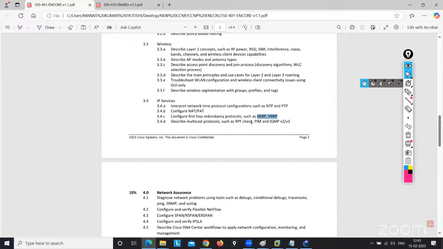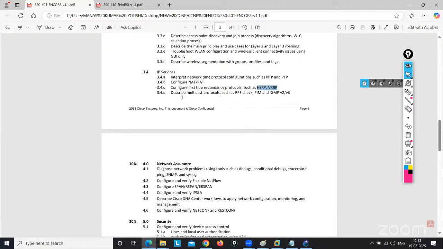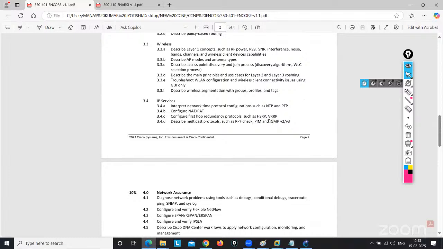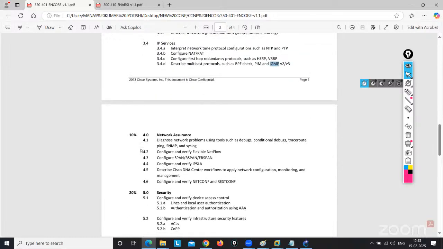Then PIM is there. Okay, so we are using it for multicasting. For PIM, I will show you one lab, a description of what we are generally using. Okay, so these things I will show you on PIM. And IGMP, I cannot show you in full, I will just put the command for IGMP, because in IGMP we have some specific things at the company level, but here in the lab I need to put one command to join any client to the IGMP group.